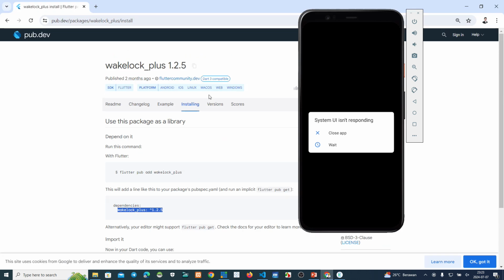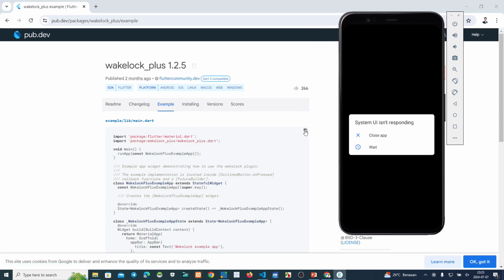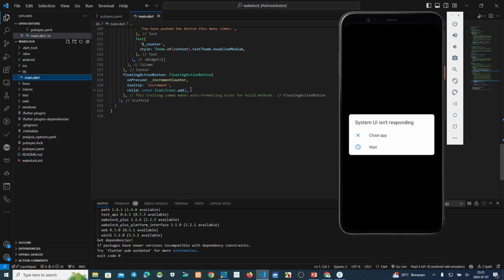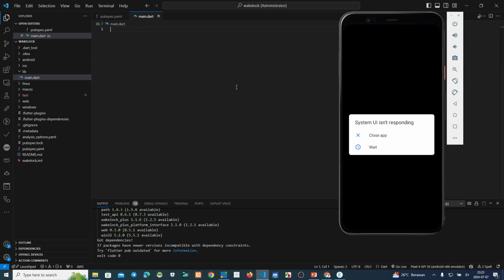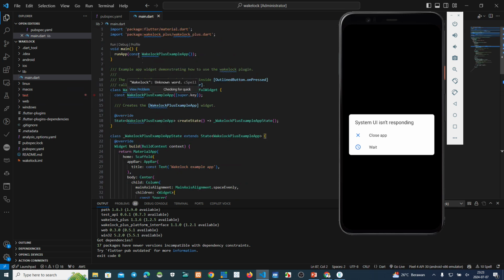Now back to pub.dev Flutter. Okay, now this is an example from pub.dev. Click here. Okay, now copy this. Okay, this one we delete. Delete this, paste to this one. Now test this one.